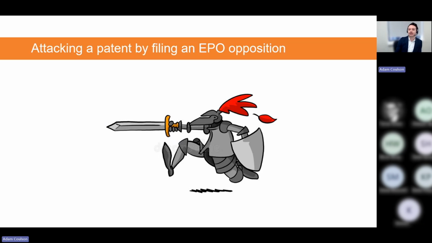So consideration must be given to whether an EPO opposition is the correct choice to attack a patent. And if it is, it's critical that the right strategy is used when engaging the EPO opposition. Attacking or defending a patent may have a significant commercial impact on your business. And so for the rest of the talk, I'm going to share some experiences and expertise from myself and my colleagues, which we have amassed from attending EPO oppositions and appeals, including how best to robustly defend your patent against opposition and how to put you in the strongest position possible for opposing a competitor's patent.